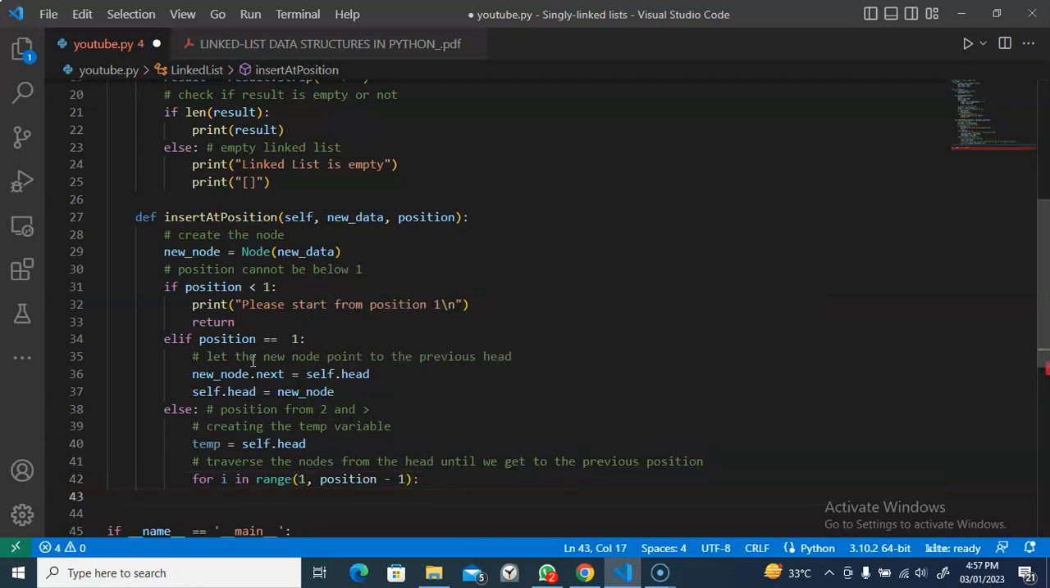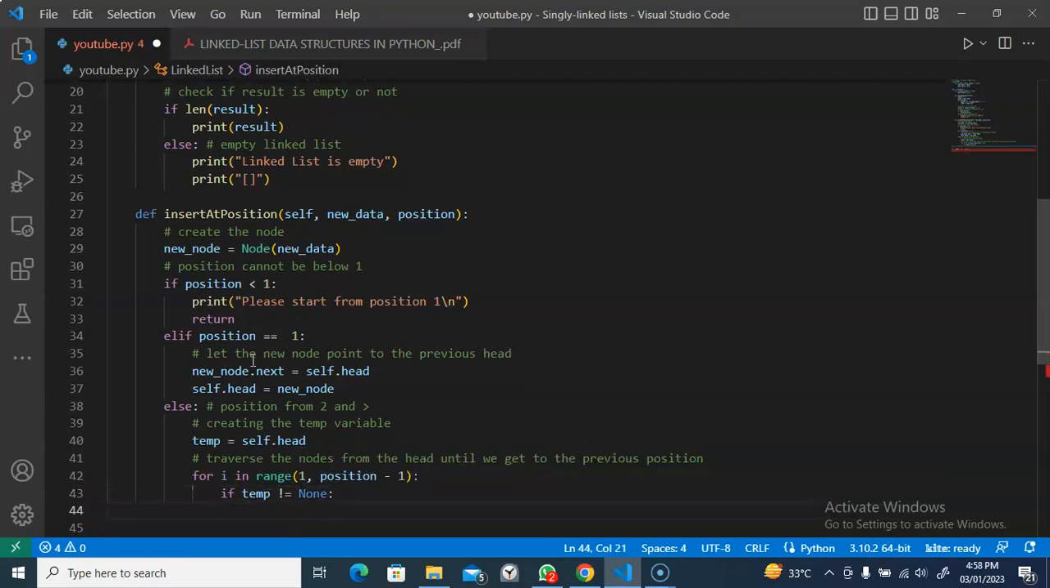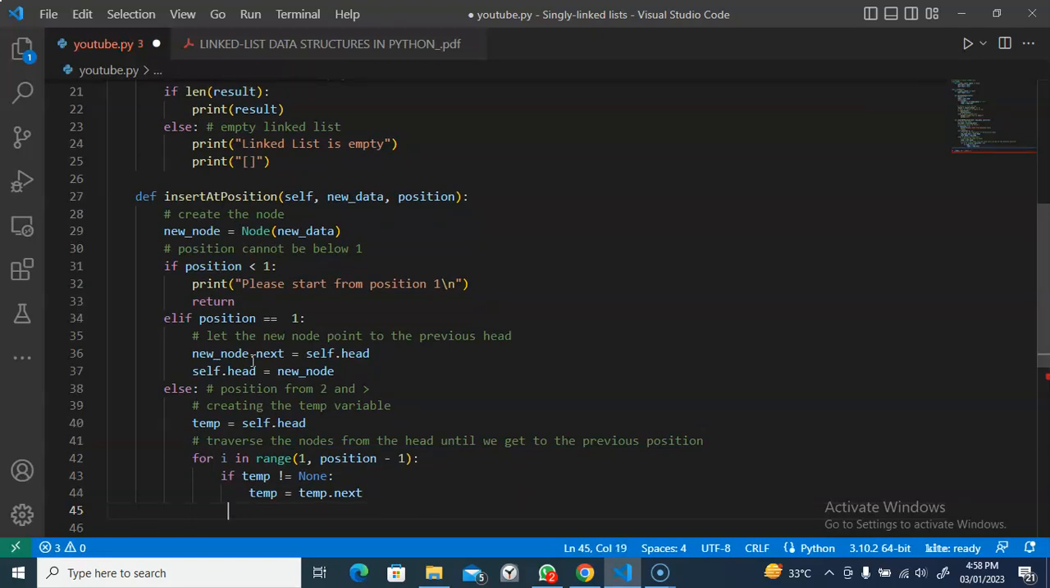So when we get to each node, we check if it's the last node. If temp is not none, if it's not the previous node or the last node, we'll move to the next. So we keep on traversing until we get to our previous position. When we have ended the traversal and we are at our previous position, now we check if previous node,